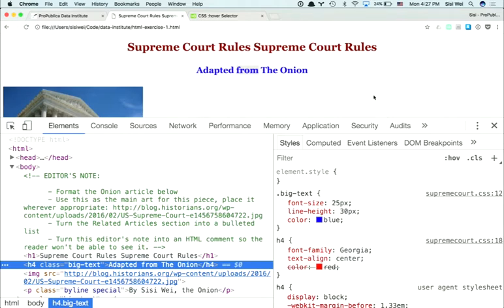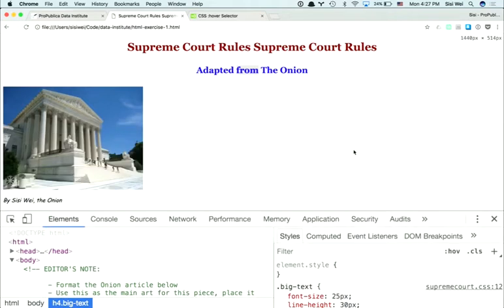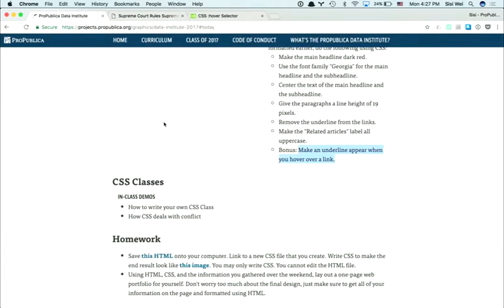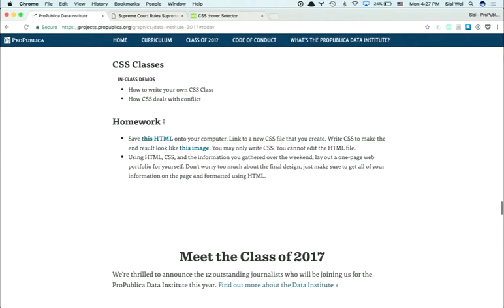Okay. So the last thing I'm going to do now is tell you about the homework, and then I'm going to show you a few more tricks inside the web inspector that just generally help as you are now writing both HTML and CSS. If you're just writing HTML, the web inspector is kind of useless because just HTML doesn't do that many fun things on its own. But to help you for your homework, what we're basically going to do